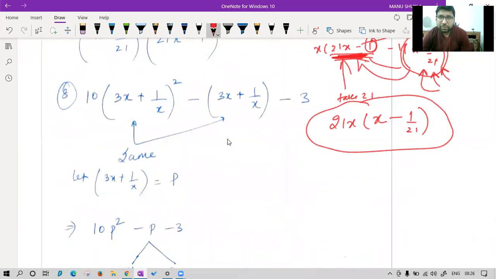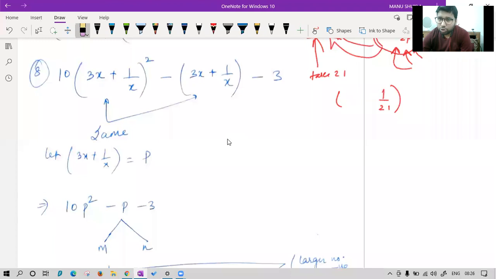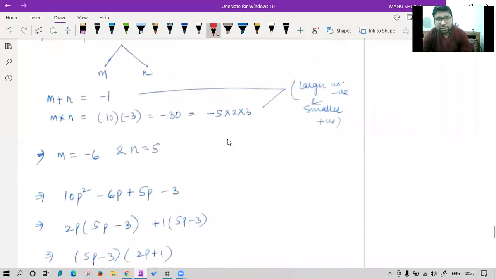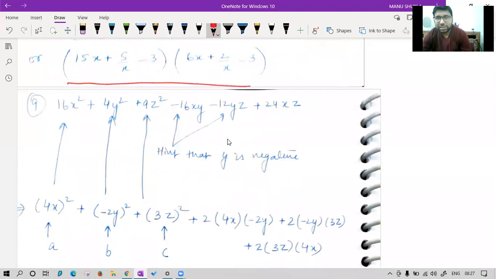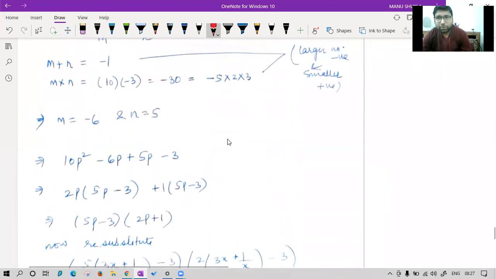Now question number 8, in which many of you had doubts. See, in this question, if you open the brackets, you will get the answer, no problem. But you might have got a 2 or 3 page solution, if I'm not wrong. If you opened this, simplified the question, got a new quadratic equation and then solved it, you might have got the same answer. Please confirm. You may have got the same answer, but it was very problematic to do.